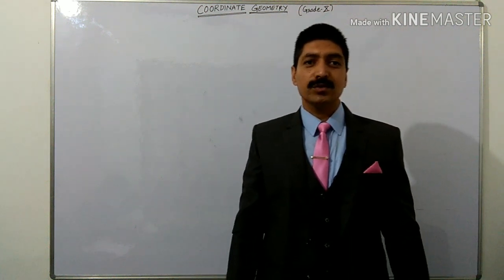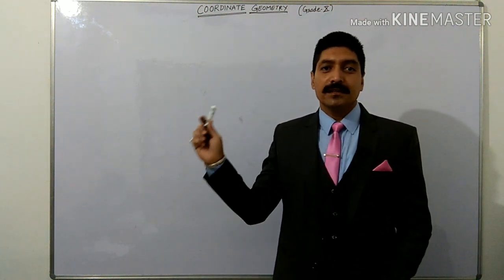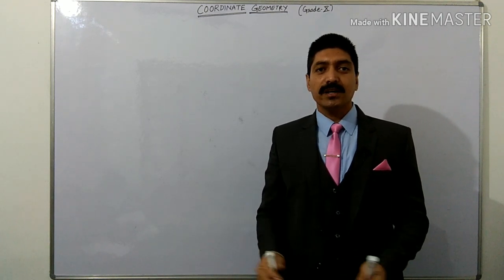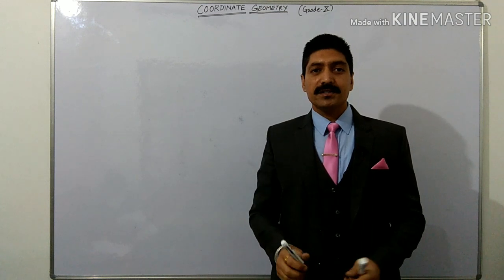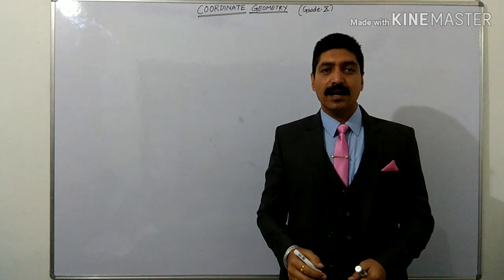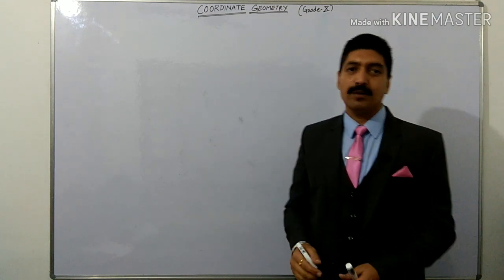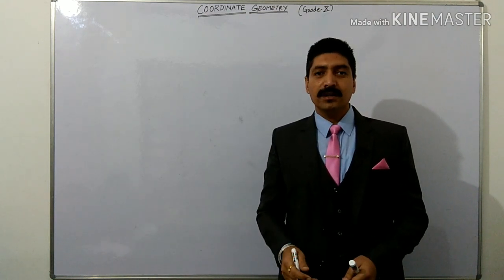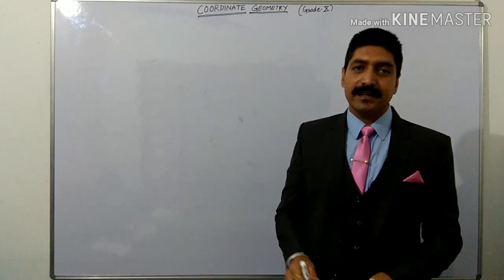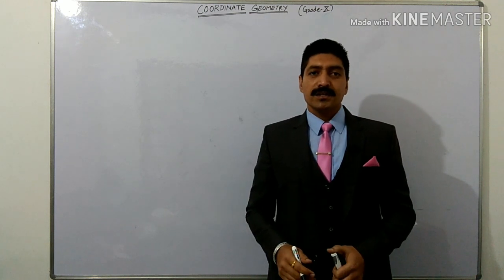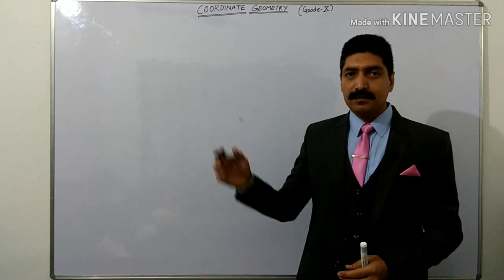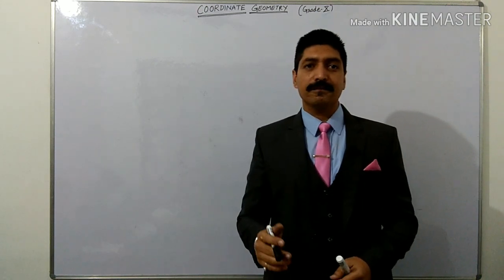Hello everyone. Today we will start the new chapter, that is coordinate geometry, grade 10. So here we will discuss today the distance between 2 points, the distance of a point from the origin, and we will discuss a section formula, midpoint formula, and their application to find the area of a triangle and area of a quadrilaterals. So let's start with the distance formula, and we will show you here with the help of